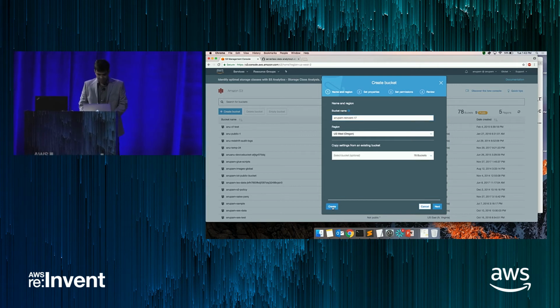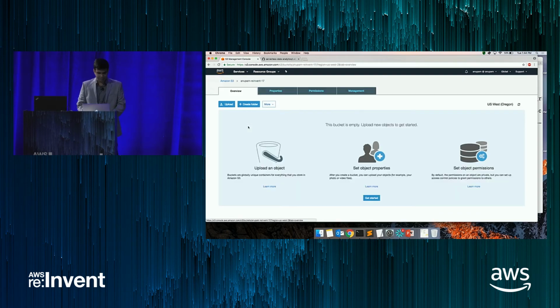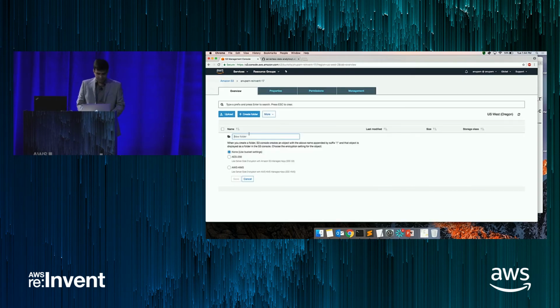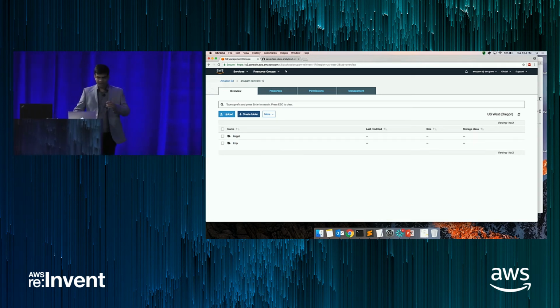Cool. And I'll say create. So I just created it. And within that bucket, I'll create two folders. One is a temporary folder, and one is a target folder, and I'll explain why. The temporary folder is for temporary files which Glue is going to create, and target is where I want my